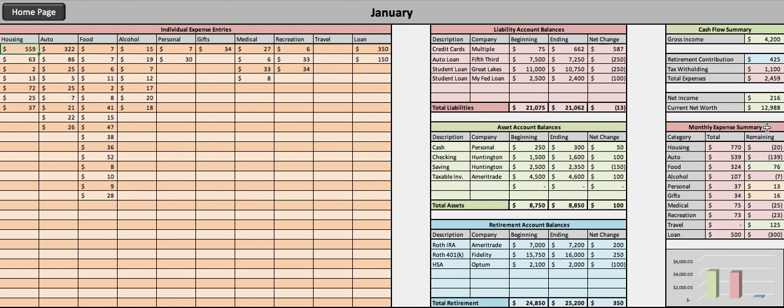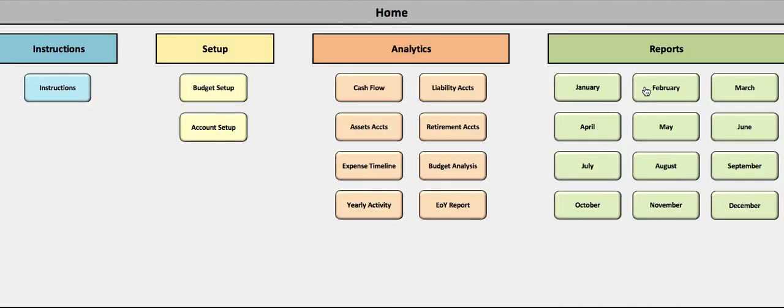You'll also get a monthly expense summary where you can see each of your categories, how much you spent, and then how much you have remaining on your budget compared to that spending. The bottom right will give you a cash flow chart showing you how much money you brought in, how much you spent, and then how much you had left over as net income. You'll continue this process for each month throughout the year,